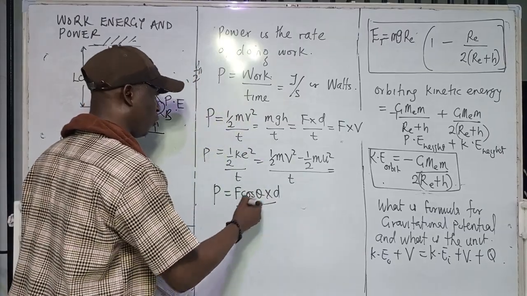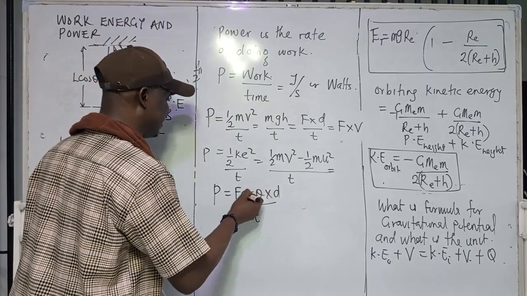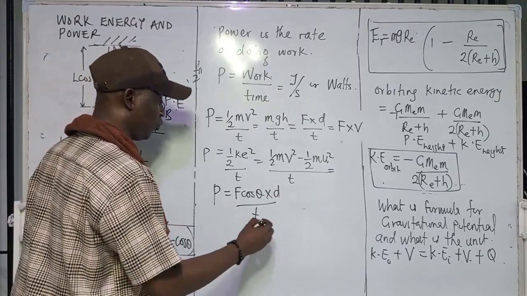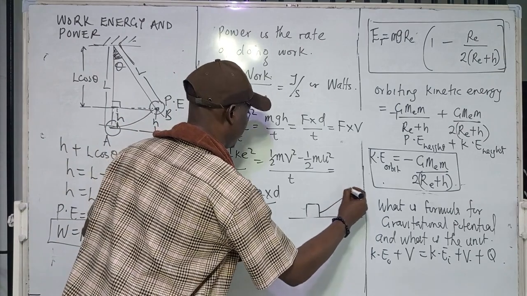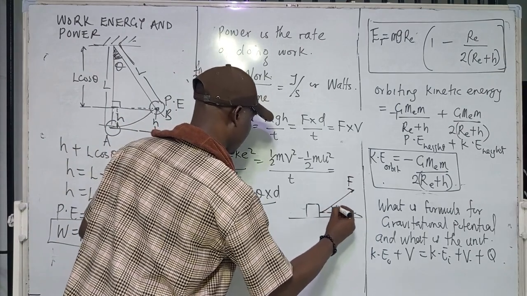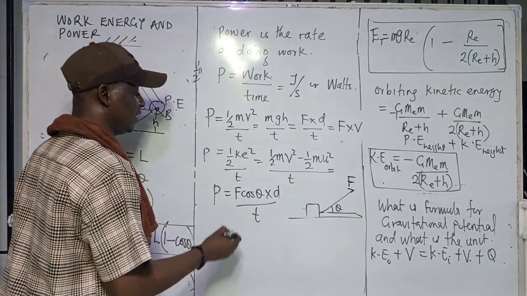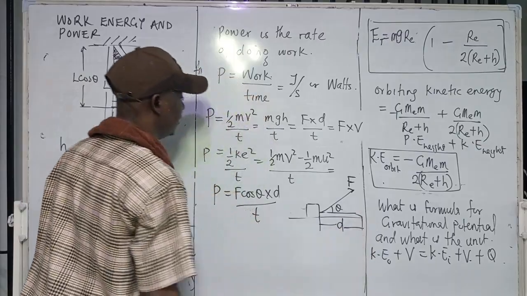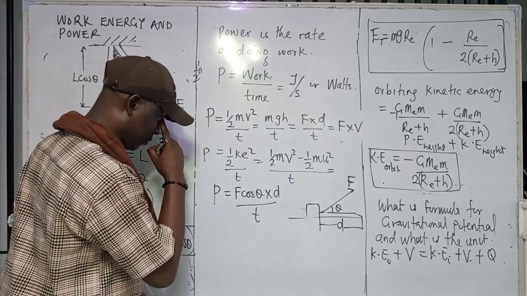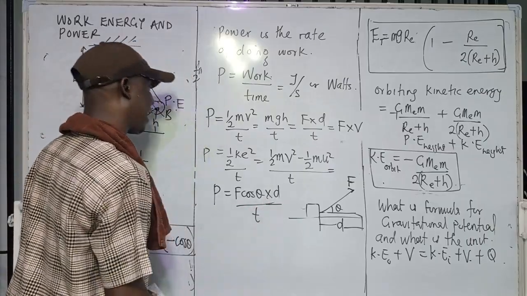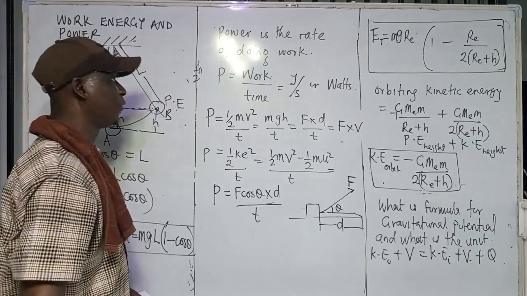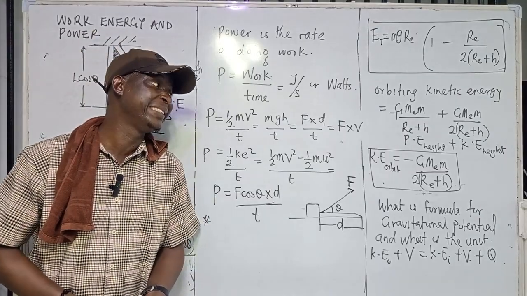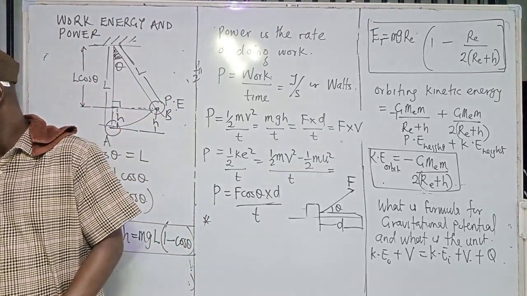This is work. Now, when the body is inclined at an angle to the wall, the force is inclined at an angle of theta to the horizontal. We have talked about this one. So look at it. What is the work done here? The work done is F cos theta times the distance moved by the body, over time. So we can have a lot of work formulas for power, but I believe I should end it this way